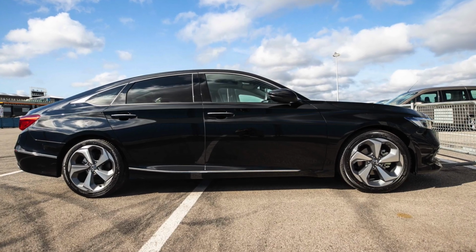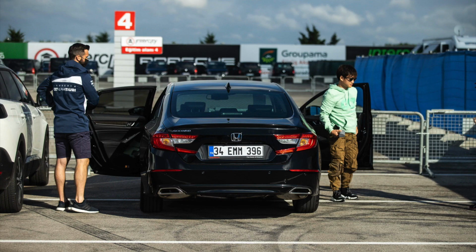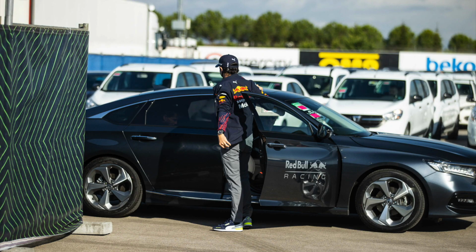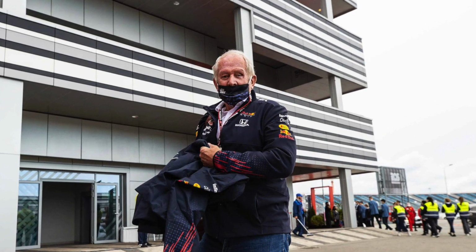Thank you, Surfshark. What about the Honda boys? The 4 of them, Max, Sergio, Pierre and Yuki. Well, they all had the same car, a Honda Accord. Different colours, of course, but these are larger cars, quite nice, and at the lower end of the price spectrum in terms of what these drivers drove. These start at about $25,000 US in America, and are lovely cars. Even the team car, which ferries the likes of Helmut and Christian Horner to and from wherever they're staying, was